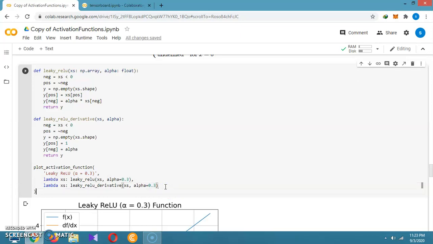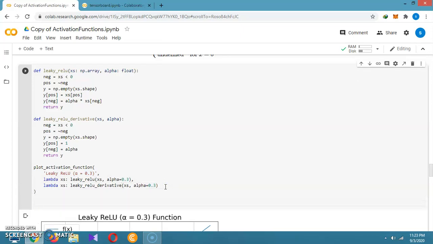If we want to plot the activation function, if we are going for this activation function one, then we will write the same lambda, which is already given, as lambda xs colon.